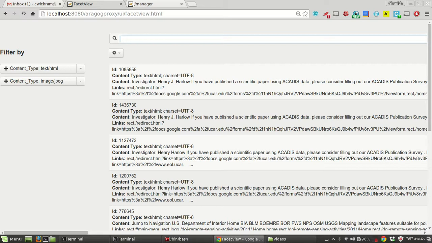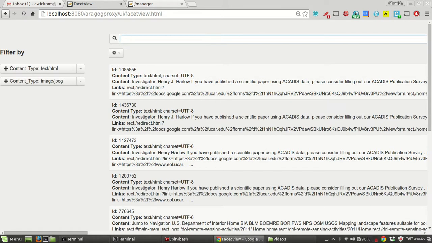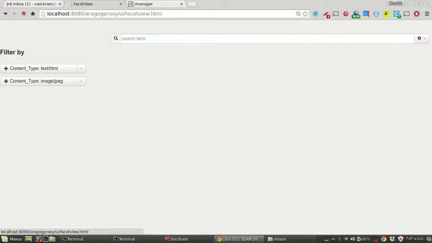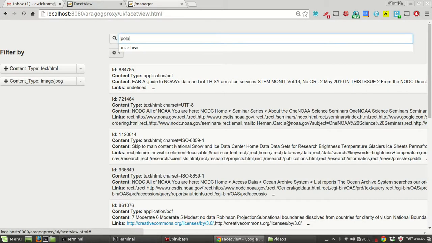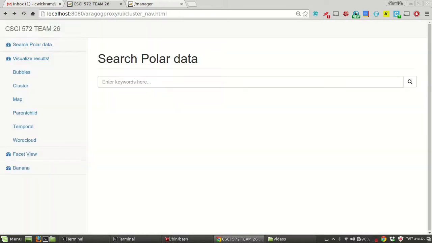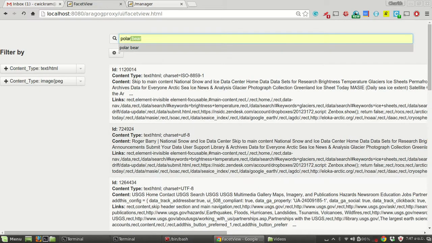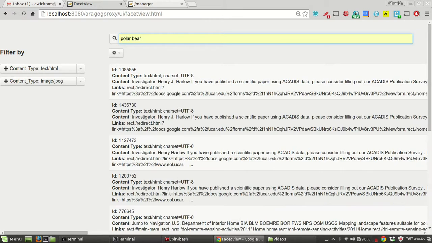As a result, the results shown for the query, which in our case will be polar bear, are appearing over here.